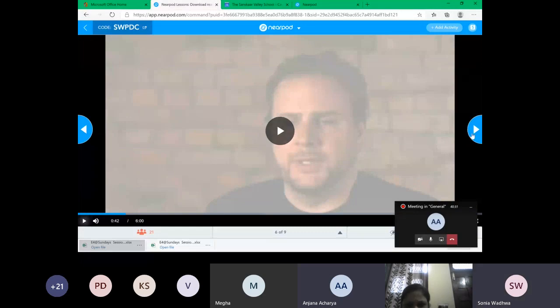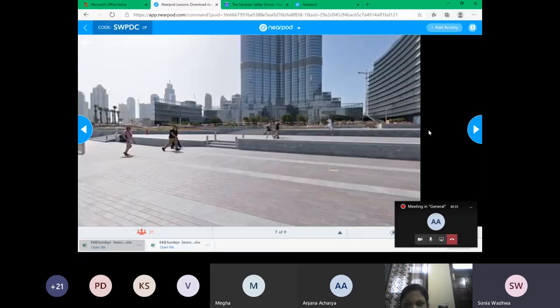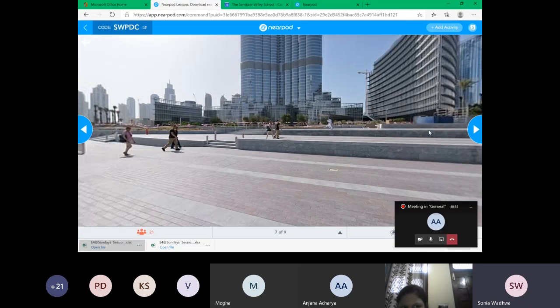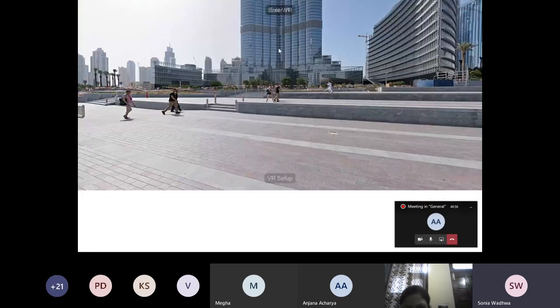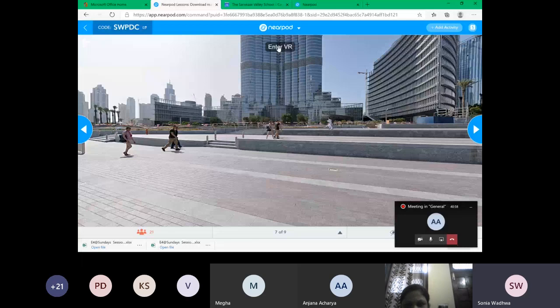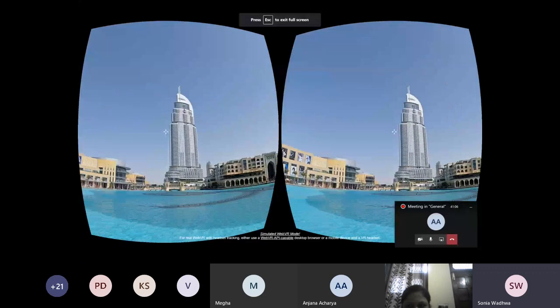Okay, moving on to the next slide. I wanted to just give you a feel that it is possible to add a video in a Nearpod lesson. And next, if you see, this is a virtual field trip. Just watch it carefully. Even if you give this lesson to the students, there is this button, Enter VR. So the students who have VR facility in their phone or have VR headsets will be able to see this particular location in 3D form, as you can see. So I can actually show it in 3D. This is a virtual lesson. Can someone tell me which place this is? Any guesses?